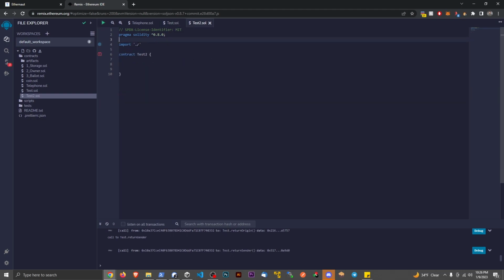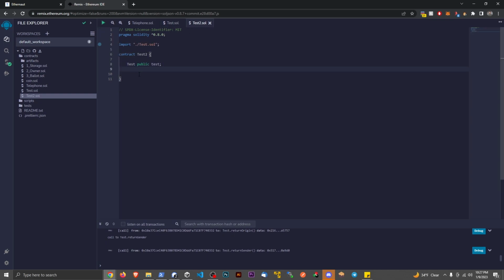What I'm going to do is do it the more common way you see it, using double quotes, ./ which is the same directory that you're working in, and I'm going to import Test.sol, and we need to add the semicolon. Now, before any function, we're going to say Test public test, lowercase. So we're creating a variable within this contract that's an instance of this Test smart contract, all right?